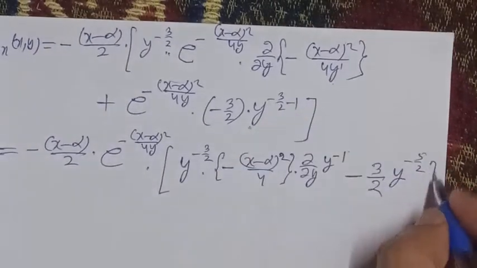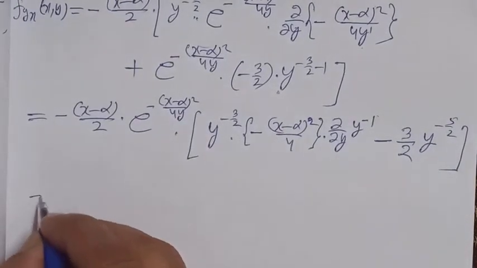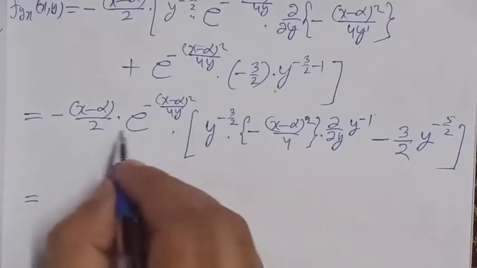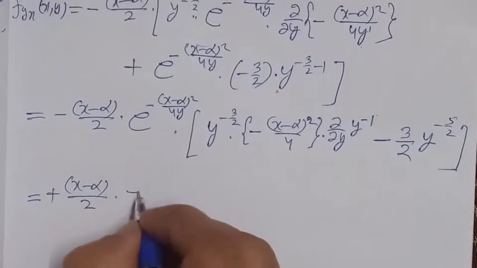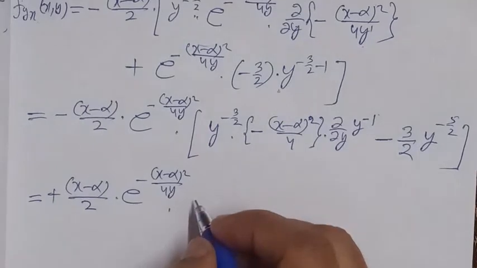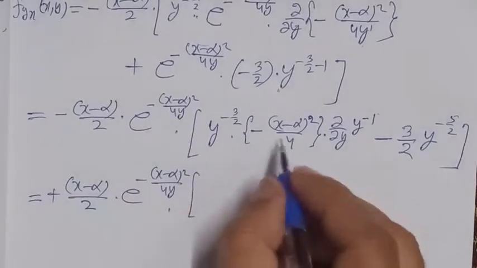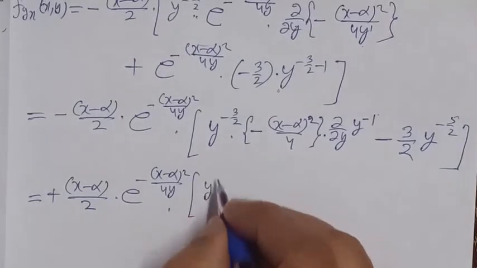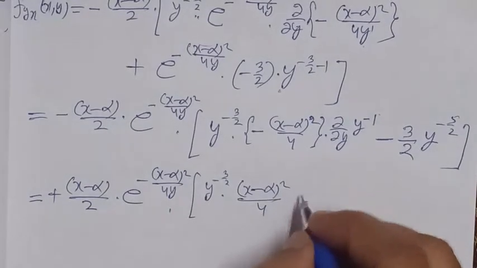On adding these two values, if we take out minus common from this bracket, then this sign becomes positive, so I write x minus alpha upon 2 into e to the power minus x minus alpha whole square upon 4y multiplied by, this minus is taken out from the bracket, only this value I write here, y to the power minus 3 by 2 into x minus alpha whole square upon 4 multiplied by